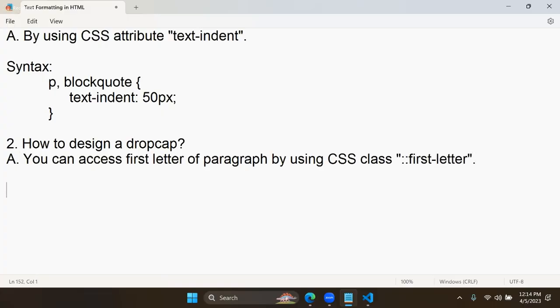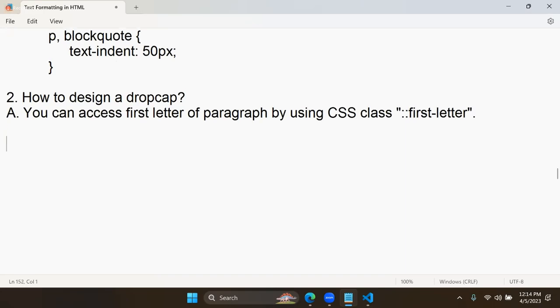You can apply that. Yesterday you learned about CSS classes like hover and active. Hover is a CSS class which gets effects when the mouse is over. Active is a class which will set effects when you hold down the mouse button. And first letter is going to apply effects only for the first letter in a paragraph. So you can access the first letter of the paragraph using that. So you can set it as a drop cap